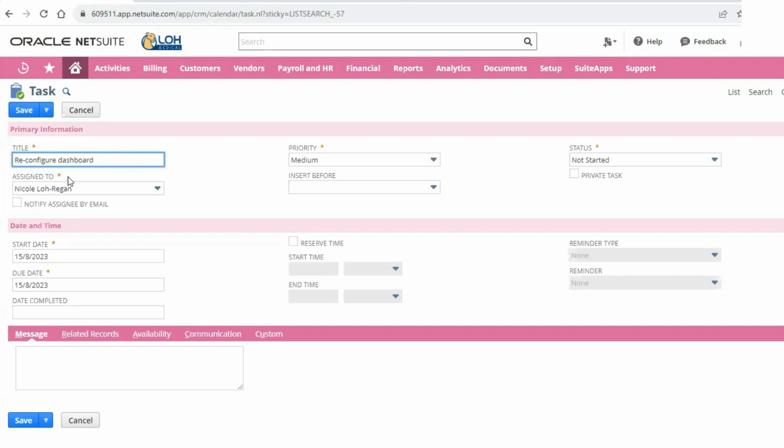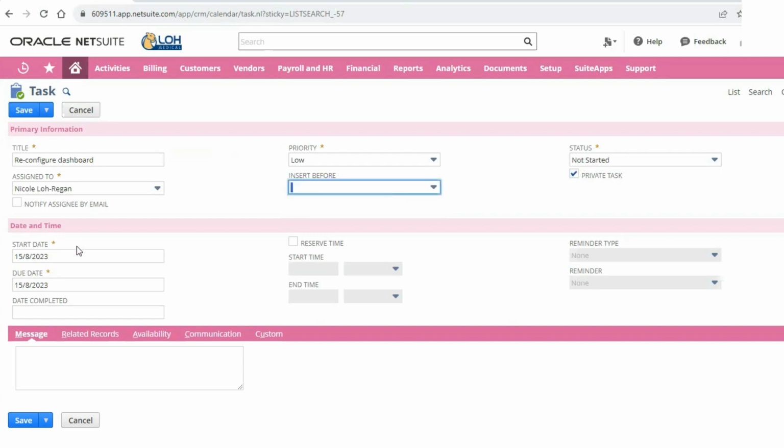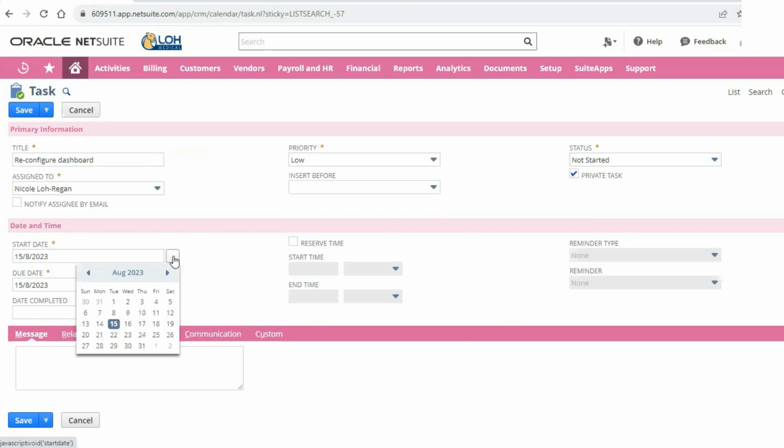Give it a nice title, assign it to yourself. It's going to be a low priority, not been started, private task. And we're going to start it in 2 weeks.